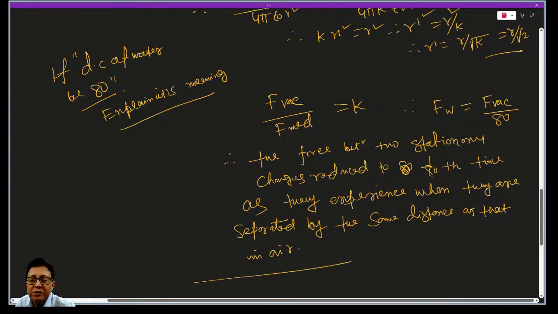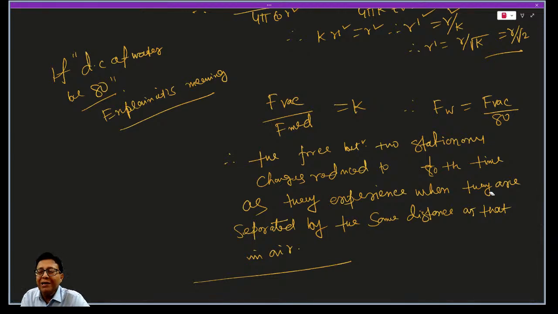Force between two stationary charges, it may be attraction, may be repulsion, reduced to 1 by 80th time